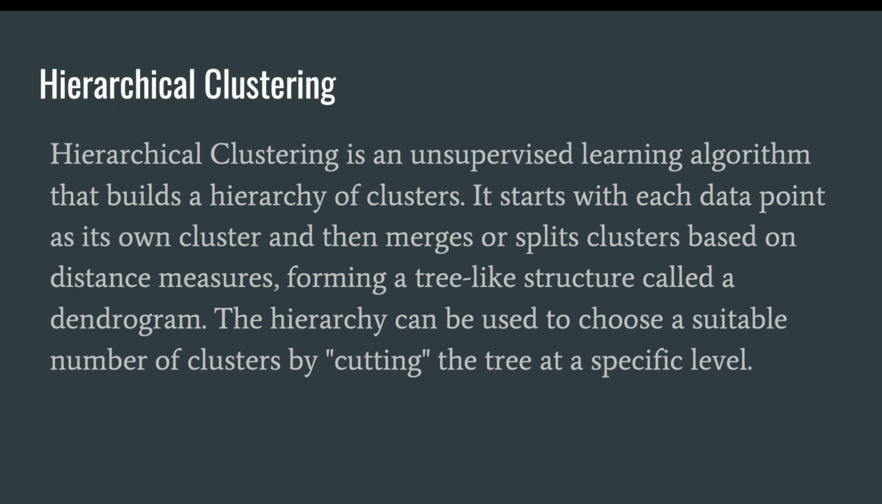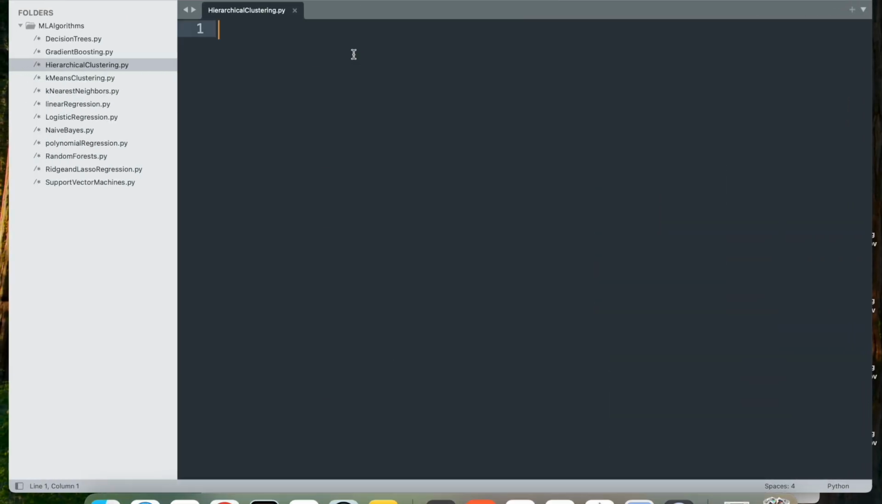Let's go ahead and implement the hierarchical clustering algorithm and visualize it with a dendrogram in Python. So I'm going to open an empty blank file and start with importing the necessary libraries. First, I need dendrogram and linkage from scipy.cluster.hierarchy. This imports the dendrogram and linkage functions from the scipy.cluster.hierarchy module. Now linkage performs hierarchical or agglomerative clustering, whereas